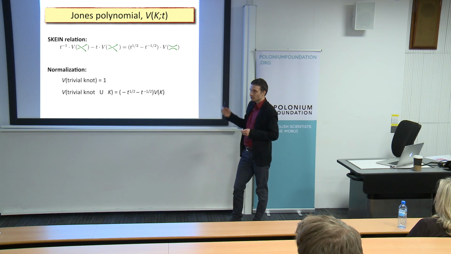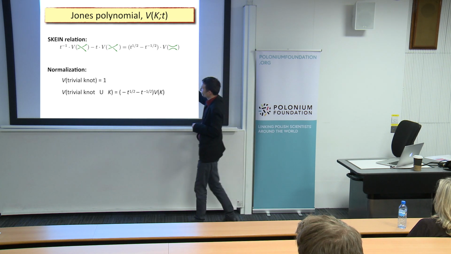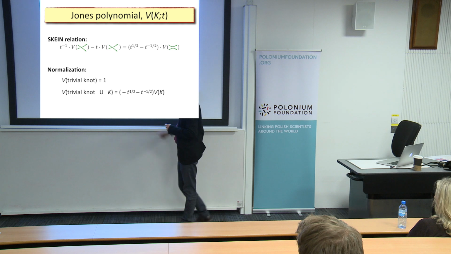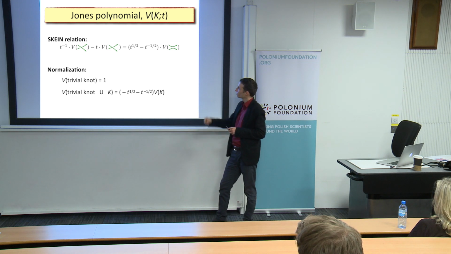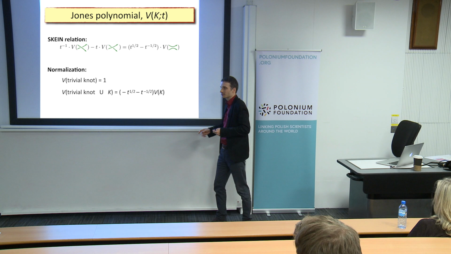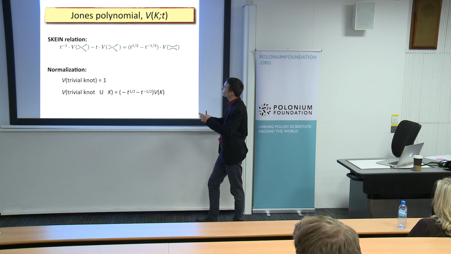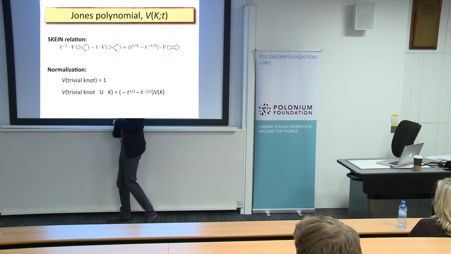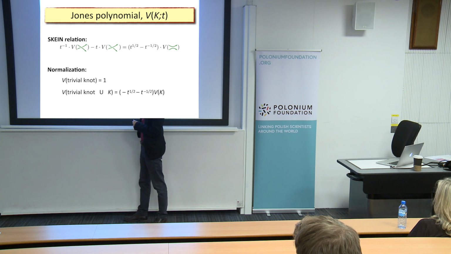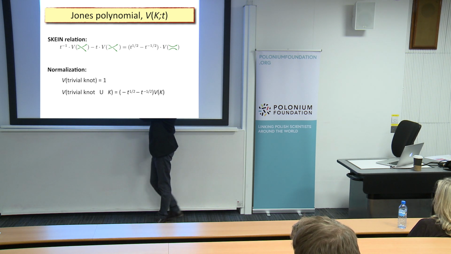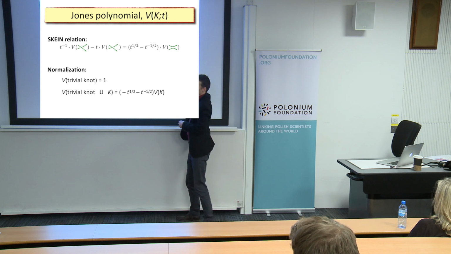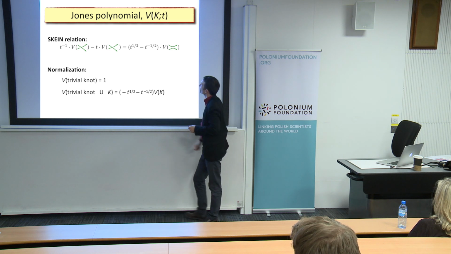And this Jones polynomial can also be computed in some algorithmic way using the so-called Skein relation, which is shown here. This relation tells you that if you take three different knots or links, which are different just in one crossing, so suppose they have many crossings when you project them on a plane, but they are different in one crossing in such a way that in one of those links you have this type of crossing, in another one you have a similar one, but you change the order of what is under, what is over, and in the third knot you don't have a crossing but just parallel strands.